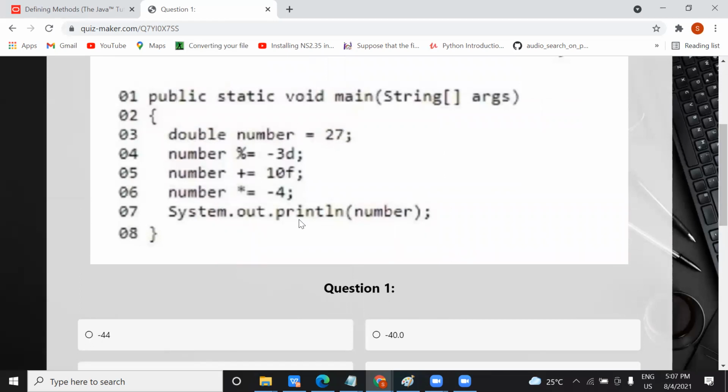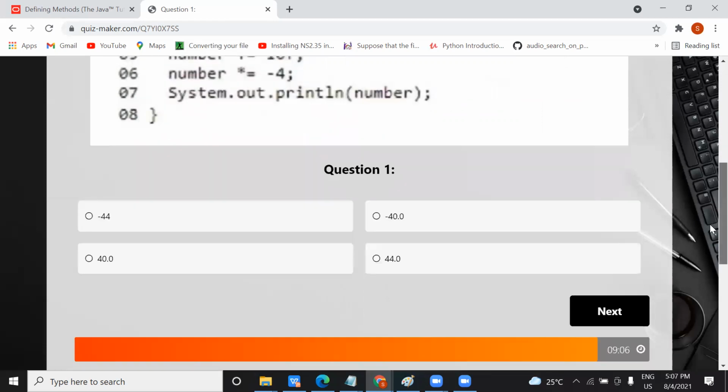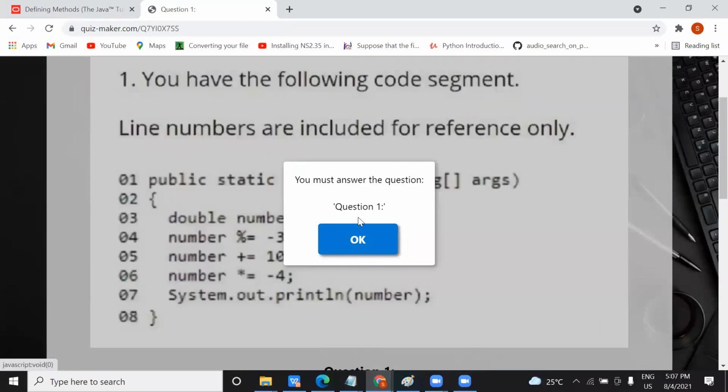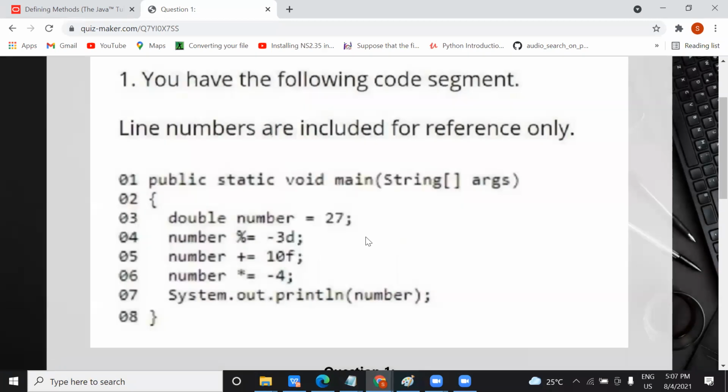As of now, let me show you all the questions and then we can do it. Here the timer is also there. I have taken 10 minutes for 10 questions, and unless you select an answer, you can't go ahead. Here you have a number value 27, and you need to mod it: number is equal to number mod minus 3d, where 3 means decimal.